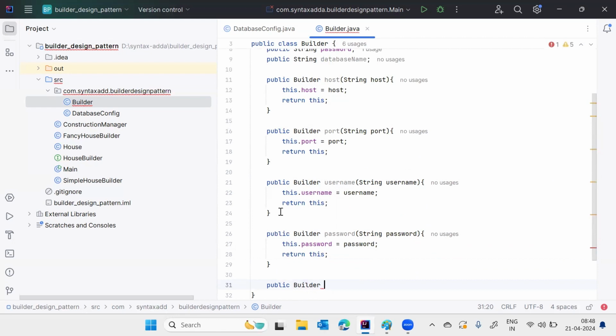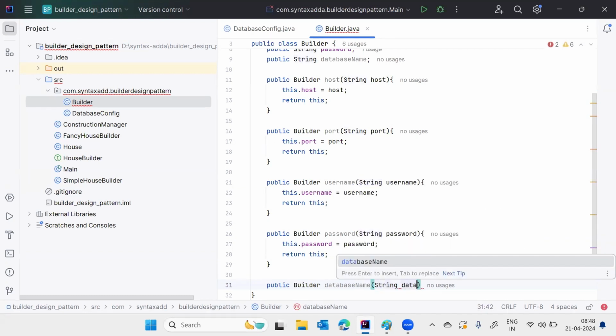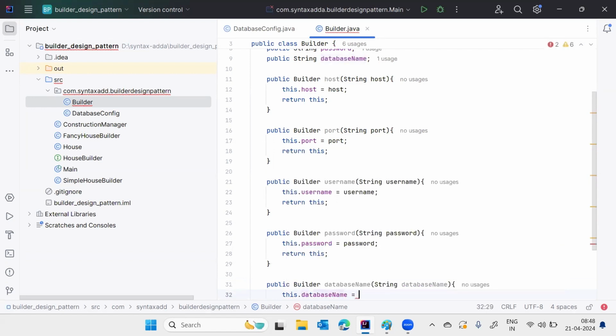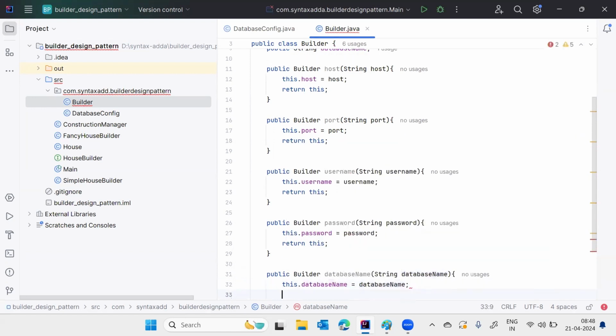And this is having database name, sorry, database name, and we'll pass string database name. This dot database name is equal to database name, return